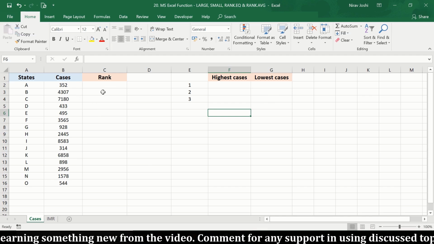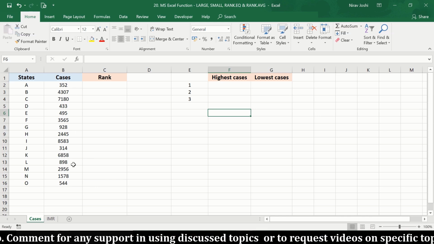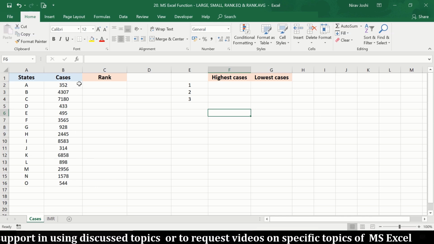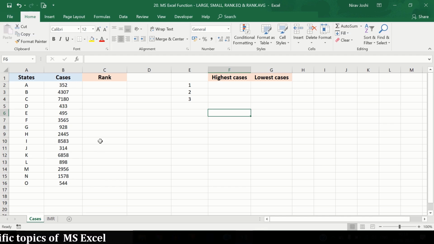While rank function mainly works to provide rank into a specific series against the specific data. So suppose this data is the highest one in this series, so it will provide first rank if we provide input like that. But we can also provide an input to assign rank in ascending manner, so the lowest value will get the first rank. So now we'll understand how to implement this function in this example.